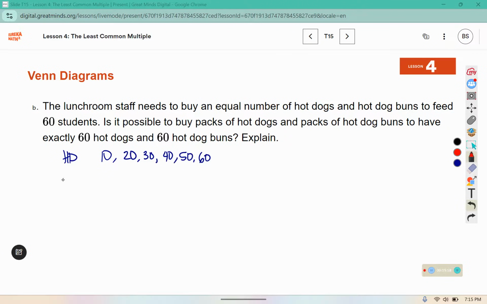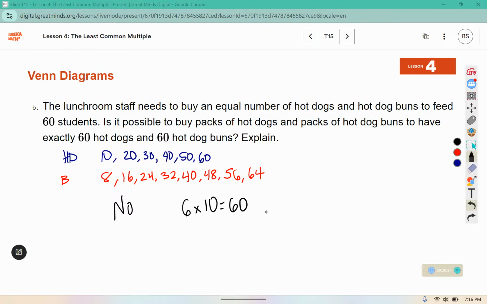Our buns come in packs of 8. 8, 16, 24, 32, 40, 48, 56, 64, but not 60. So is it possible to get exactly 60 of each? No. 6 times 10